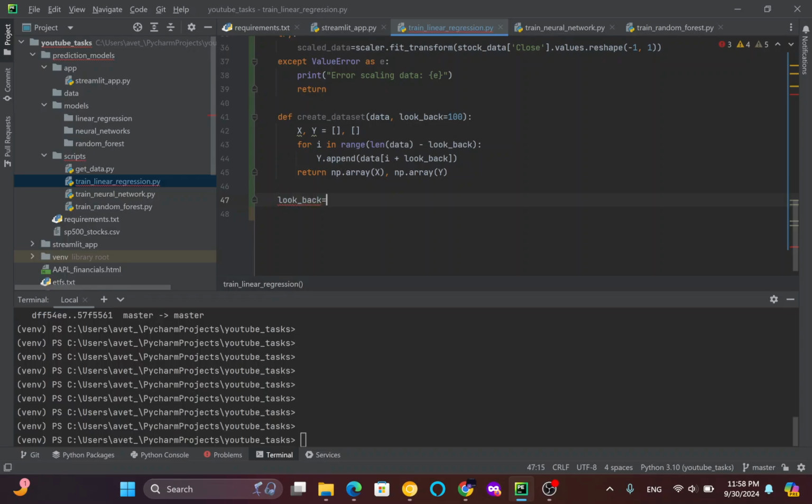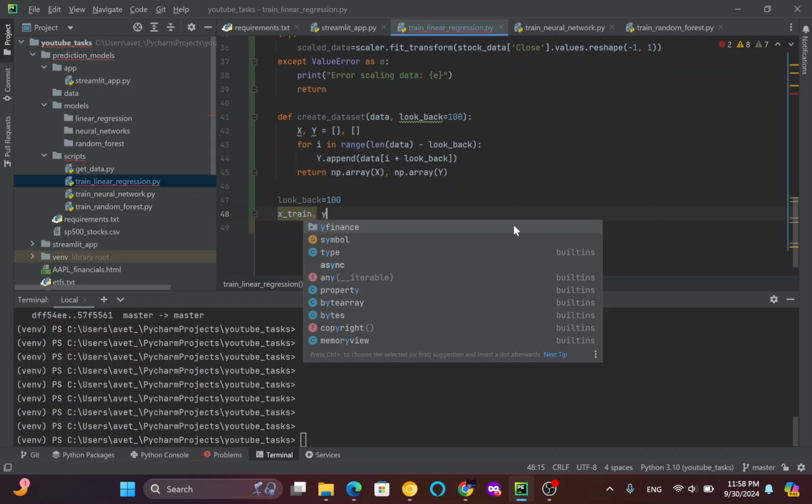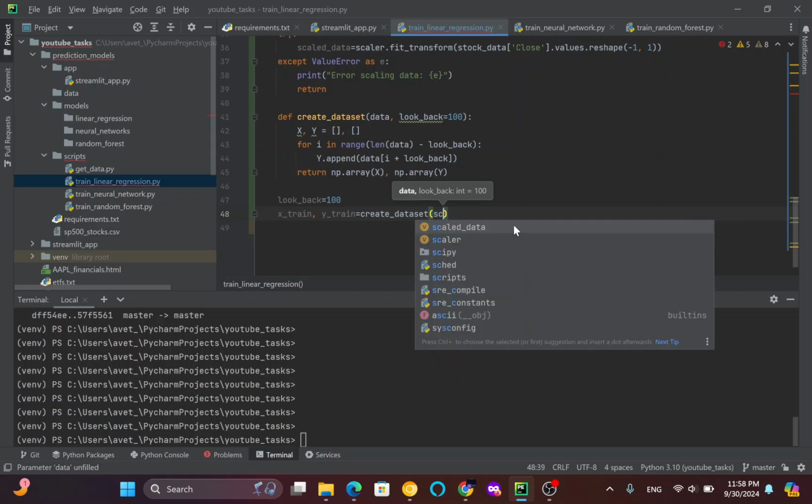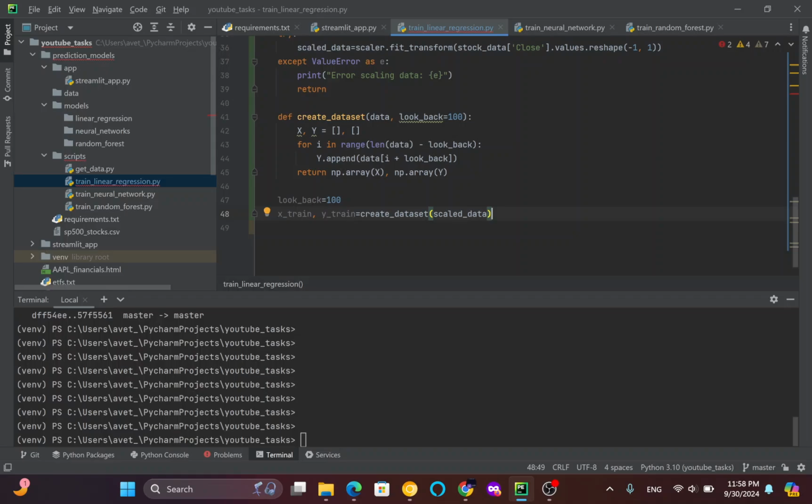Look back equals 100, X train, Y train, create dataset for scale data,